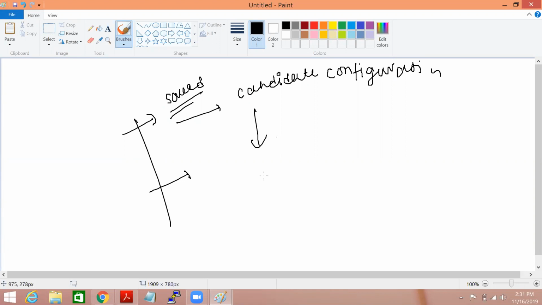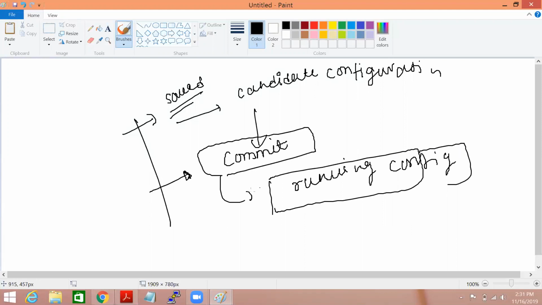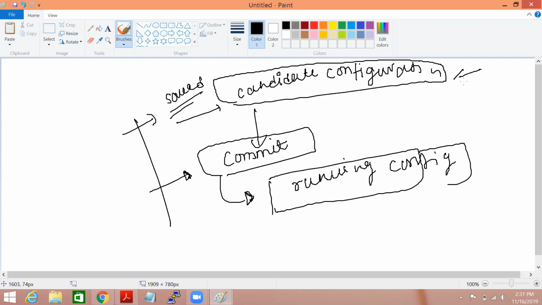If you want your configuration changes to be reflected, you have to commit. Once you commit, your configuration changes will be reflected in the running configuration. Unless we commit, it won't show in my running configuration. Whatever configuration changes we save will always be part of the candidate configuration.